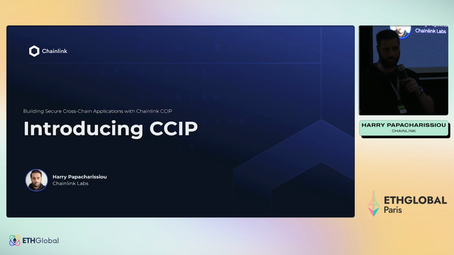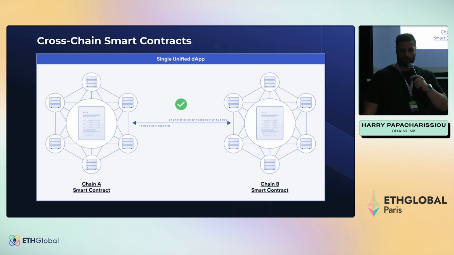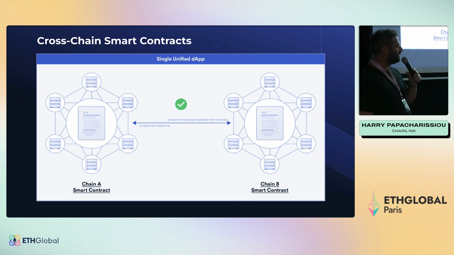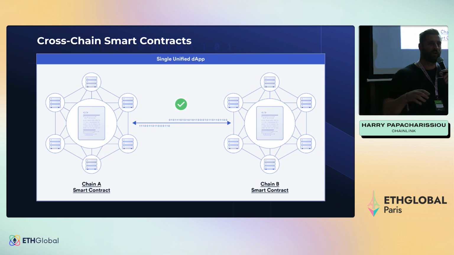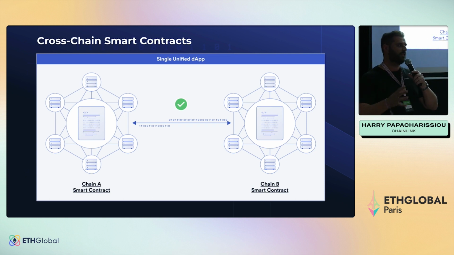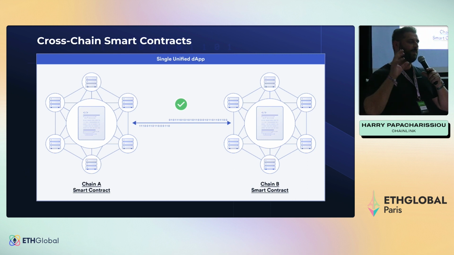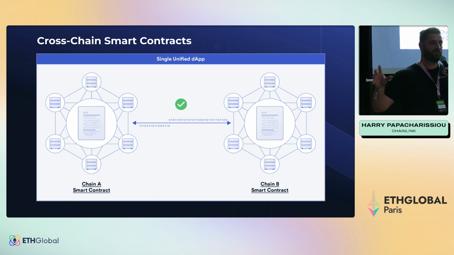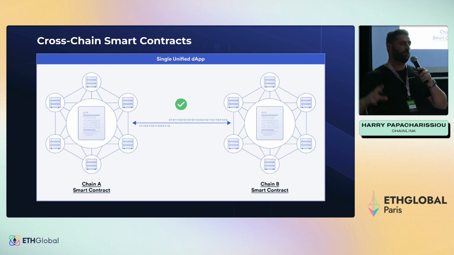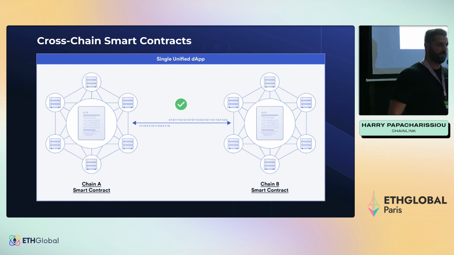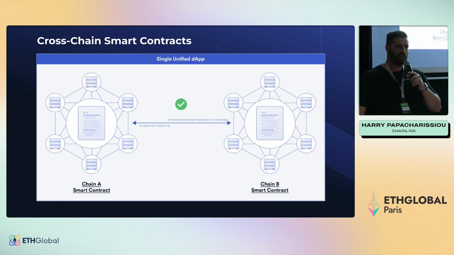So let's go. Introducing CCIP. Before we introduce CCIP, I want to talk about the cross-chain smart contract, because when everyone talks about smart contracts, it's usually in the context of a specific chain. But a cross-chain smart contract is when you have smart contracts deployed on multiple blockchains, 2 or more, and they all talk to each other across each of the networks at the protocol level to create a single unified application, right? That is the cross-chain smart contract, and that is what a cross-chain protocol such as CCIP enables you